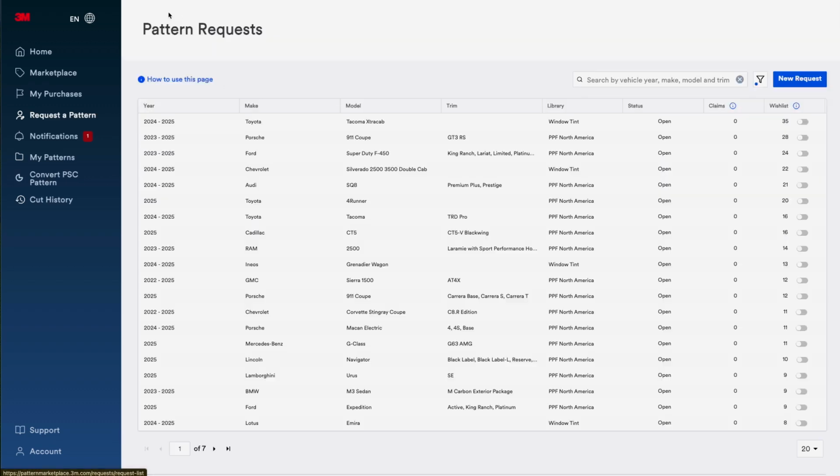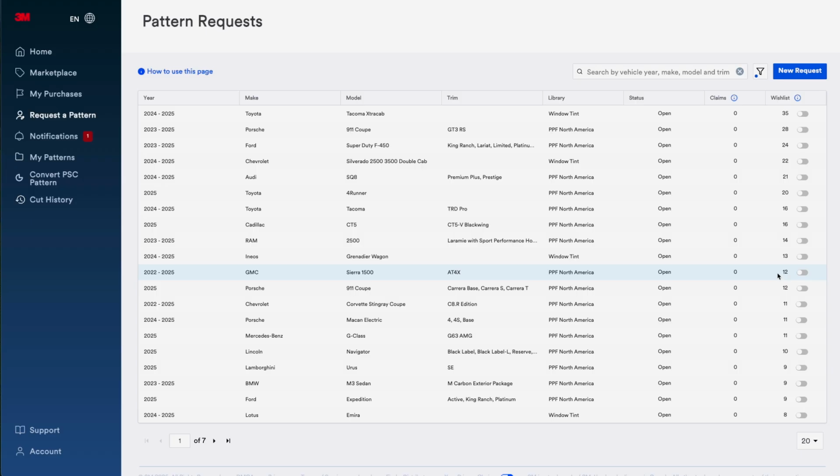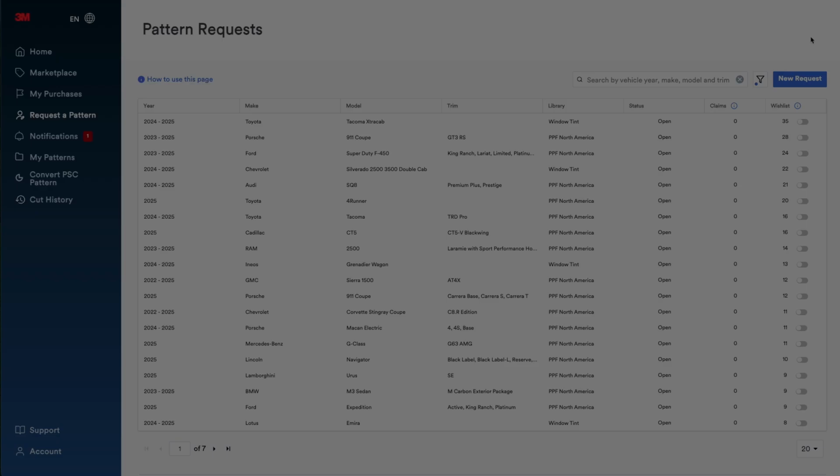Now, here's the interesting thing about requesting patterns: you can see the ongoing running list and how many people are requesting it and the number of claims that have come on the pattern. So this is advantageous because this gives you an idea of what the priority is and where 3M's focus is going to be as far as new patterns go.